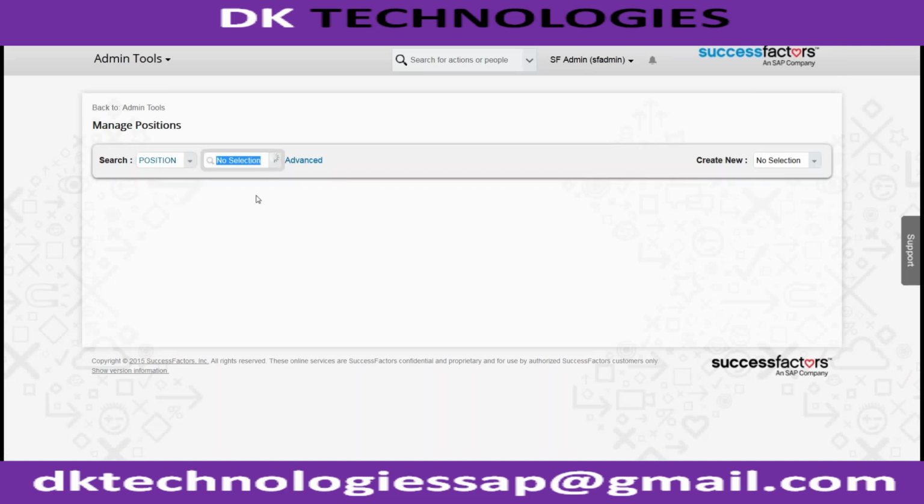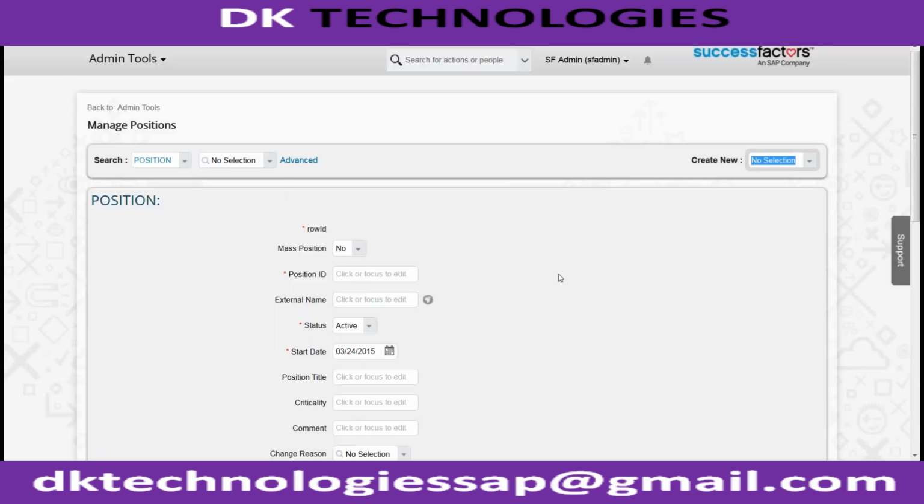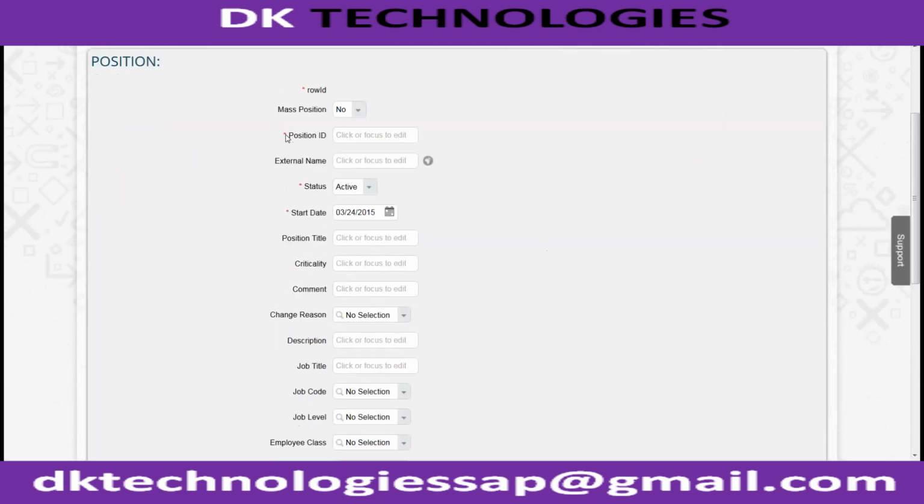And position is the one. These are the existing positions, guys. If you want to create a new position, click on position, and now you can see here the position ID is open. Yes, if you want to create a new position, like say position underscore March,